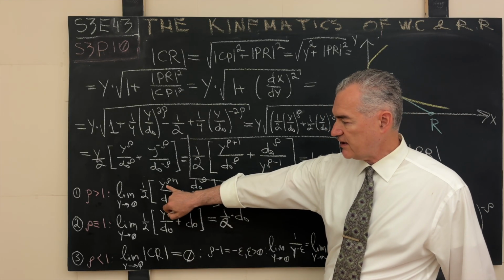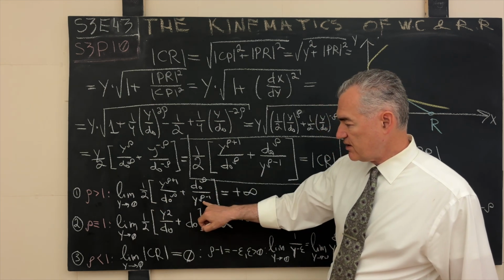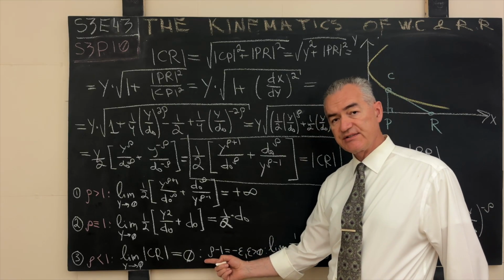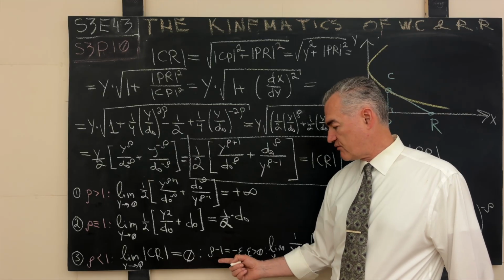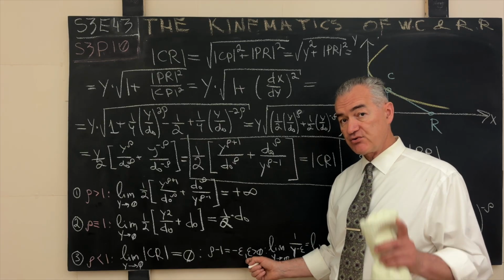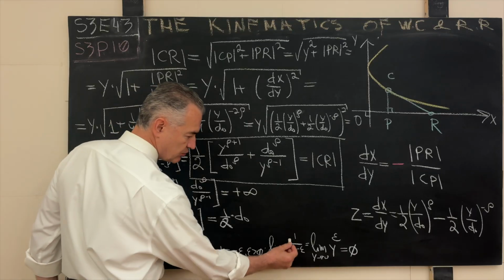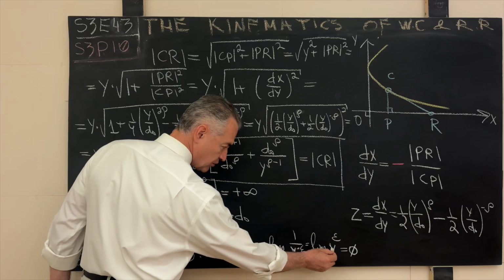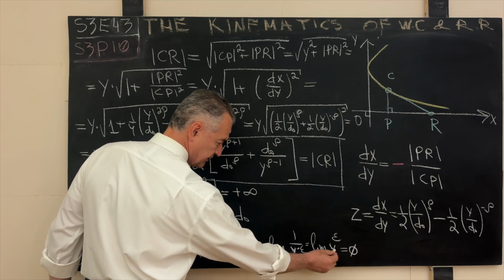Over here, this term again disappears, vanishes. And then for the second term in the denominator, look at this: rho is less than 1. Let's say 0.7, so the exponent is 0.7 minus 1, which is minus 0.3. So we represent it as minus epsilon, but epsilon is taken to be a strictly positive real number, which it will be. In this case, our 1 over y raised to the power negative epsilon becomes y raised to the power epsilon. This is a non-zero real number. As y tends to 0, it is 0.